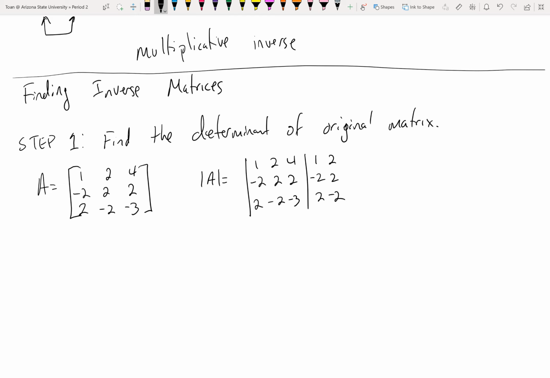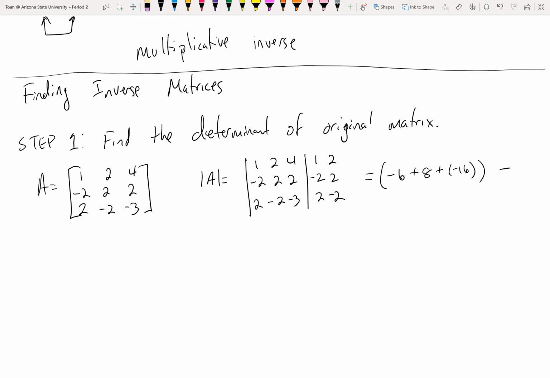Can I fast forward through this? We've done determinants enough that you guys understand what I'm doing with the diagonals. So I'm just going to fast forward through this. I'm not going to show my middle work because we spent last week doing nothing but determinants. So for the first diagonal, we have negative 6 plus the second diagonal, that's an 8, plus the third diagonal, that's a negative 16,